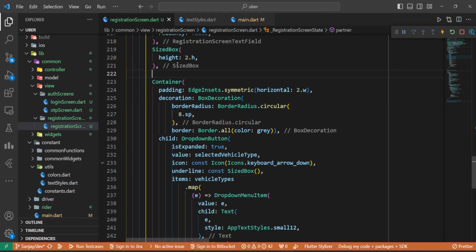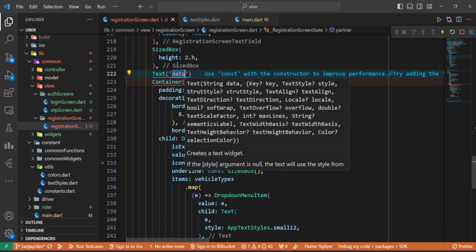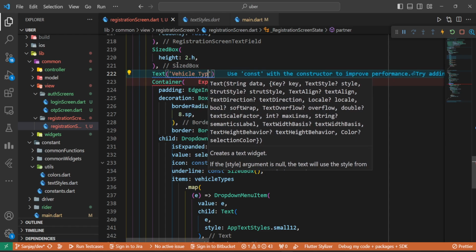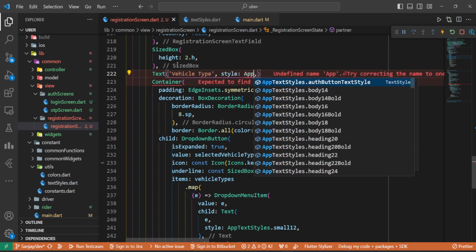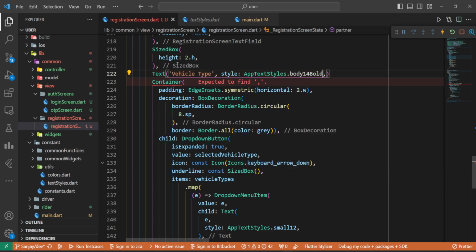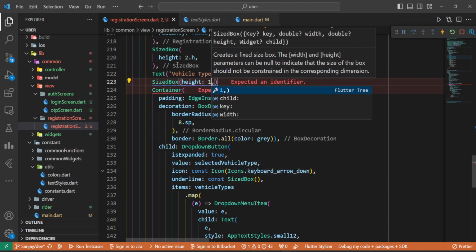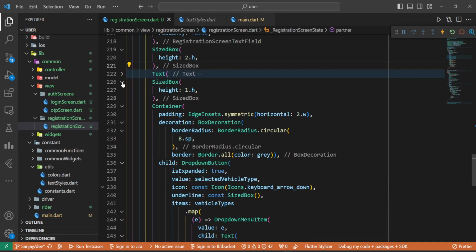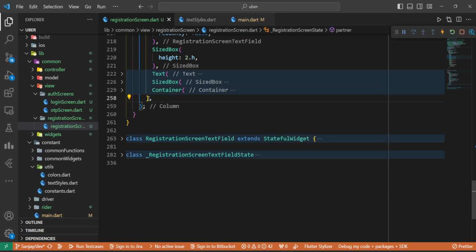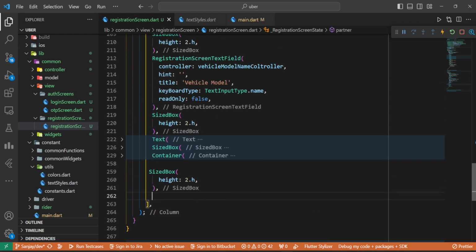So container, here we also do need to introduce text, and it's going to be vehicle type, and here we do need to introduce styling app text style and 14 bold, sized box height 1.h, and let's minimize this. Let's copy the size box from here and paste,